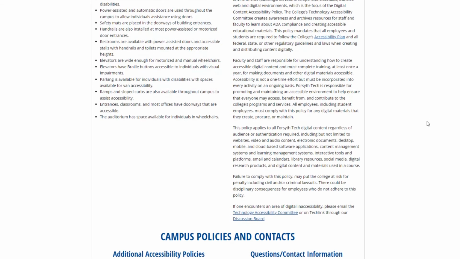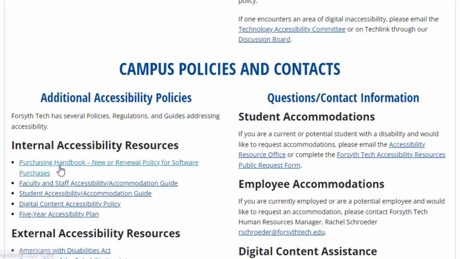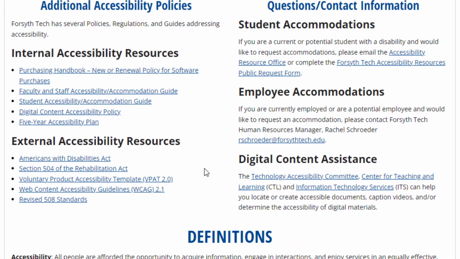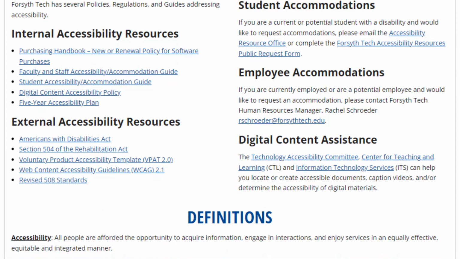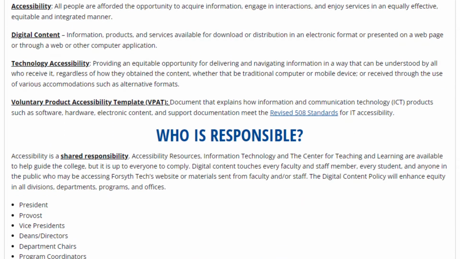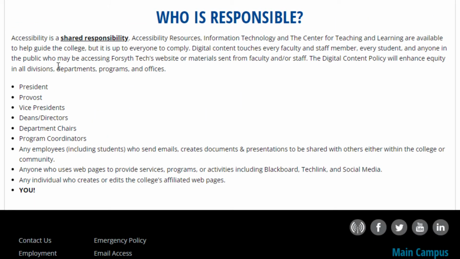Here you can also find links to other policies, including the Purchasing Handbook policy for the new or renewal of software purchasing, accommodation guides, as well as other resources, including the Americans with Disabilities Act, Section 504 of the Rehabilitation Act, and information regarding web content accessibility. We have laid out definitions for you, as well as the shared responsibility that everyone has when it comes to